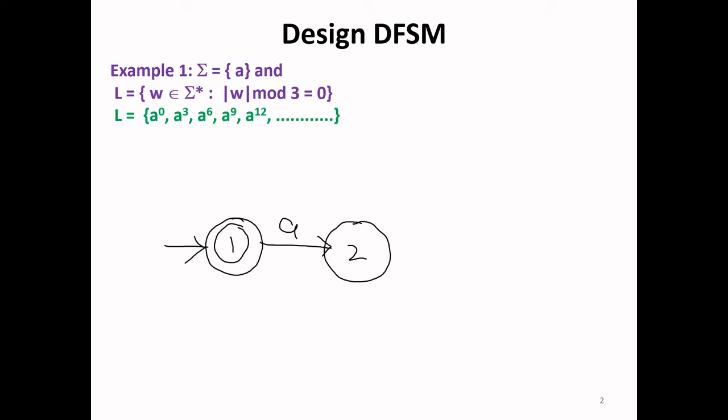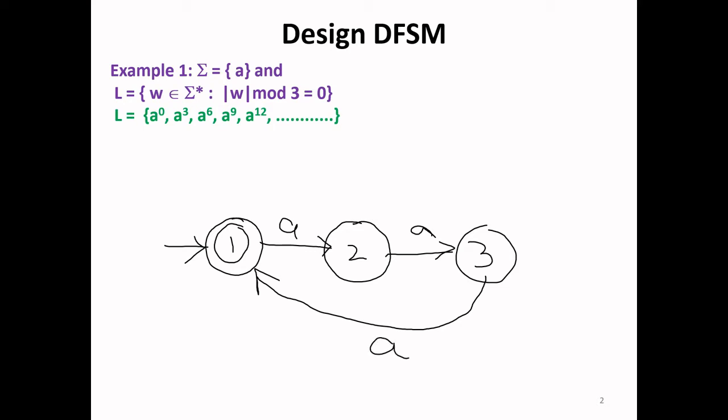So again a transition from state 2 to state 3 for a, which is the second a, and you can see here it is still in an intermediate state. Then coming to the third a, the third a must be accepted. So what we'll do? We'll take a transition from state 3 back to state 1 with input a. So now you can see here,